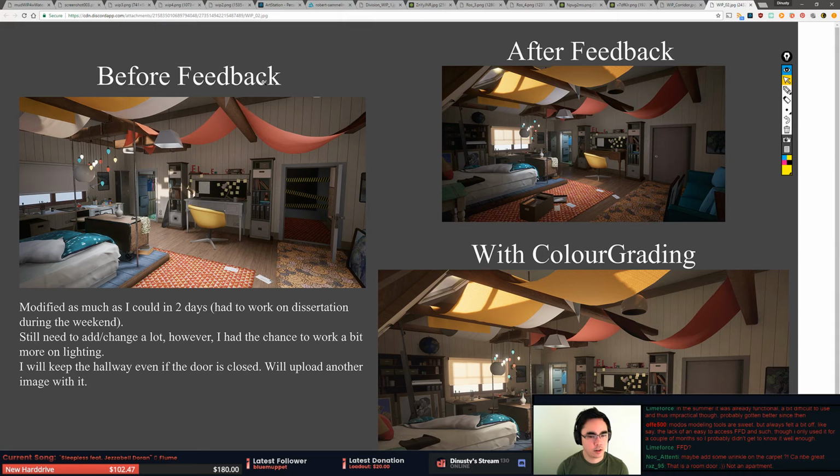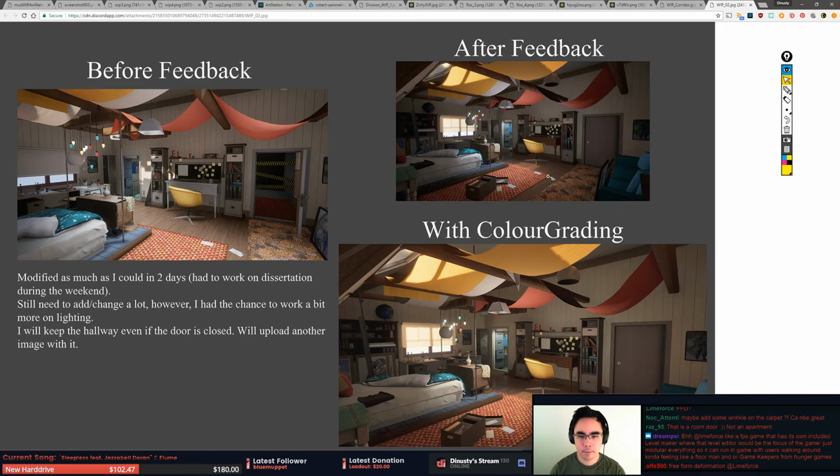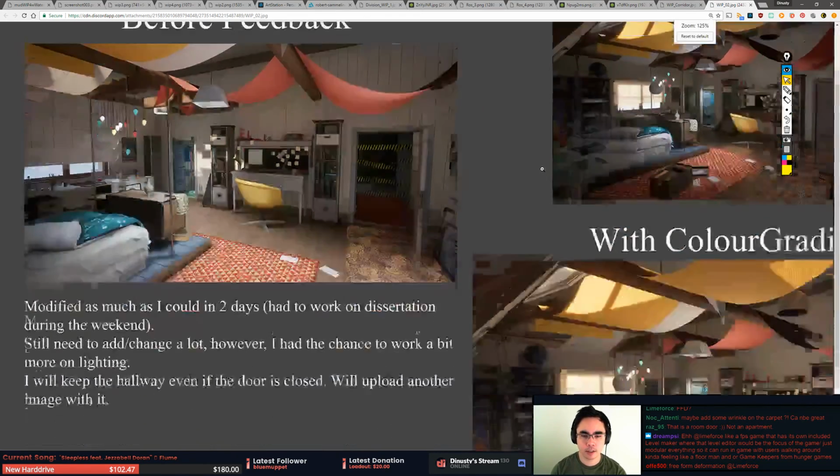Had to work on dissertation during the weekend. Still need to change a lot. However, I had a chance to work a bit more on lighting. It's better. I think it is better. We'll look at the one with color grading so we can get a sense of